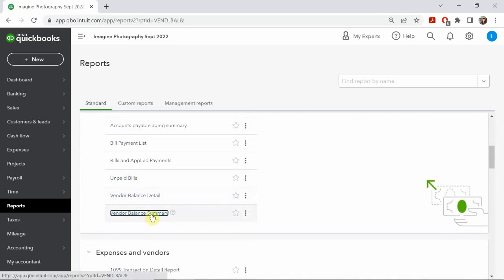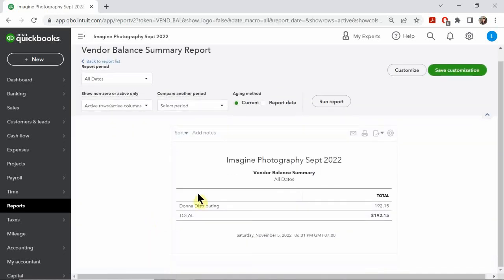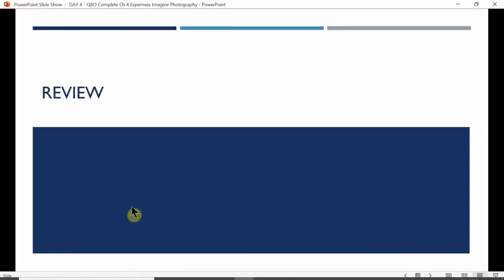So let's go ahead and take a look at vendor balance summary instead. So in this case, it pulls up my Donna Distributing, and it just tells me that I overall owe her $192.15. So that's what I mean about having an overall summary look. It doesn't tell me the details in regards to what I owe Donna, but the vendor detail one gives me specific bills and things that I have currently pending for Donna. Okay, so that's the difference there. But these are your accounts payable reports that you can do. Okay,